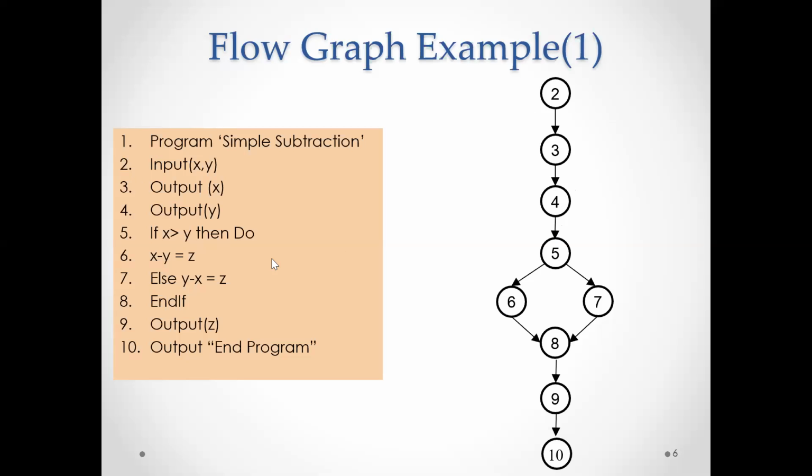Next, statement 5 is you're checking for the condition. Condition says x, whatever the x value that you have read, whatever the y value you have read, I'm just comparing it. So x greater than y, if that is the case, do this particular sixth one. That is, x should be subtracted with y and store the value in z. Come out of that particular if loop.